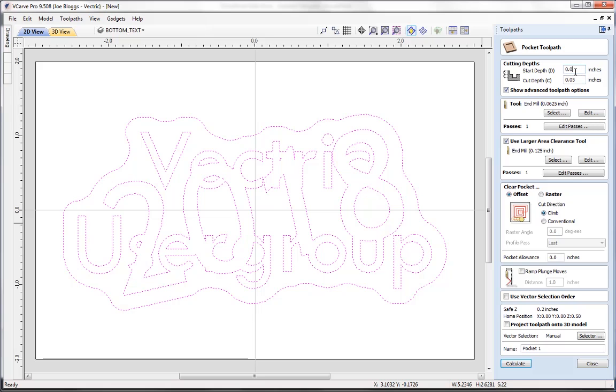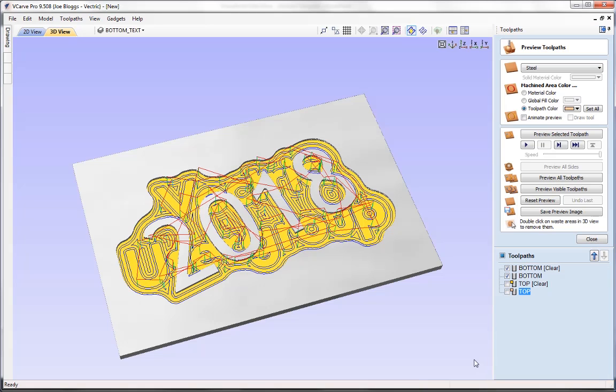So our start depth is basically the base of the toolpath that we created for the top, which is 50,000th, and now I'm going to go down and cut by a further 50,000th. Exactly the same parameters, and I'm just going to specify that as bottom, and we're going to calculate. So with that, I'm now going to change the color of the bottom toolpaths to be a yellow color,